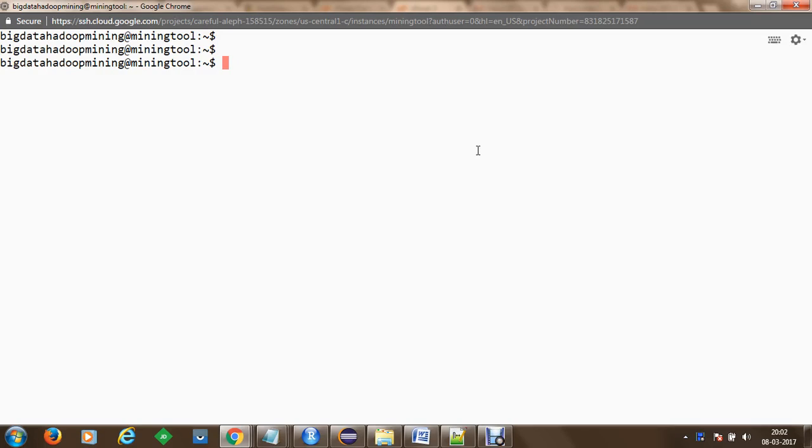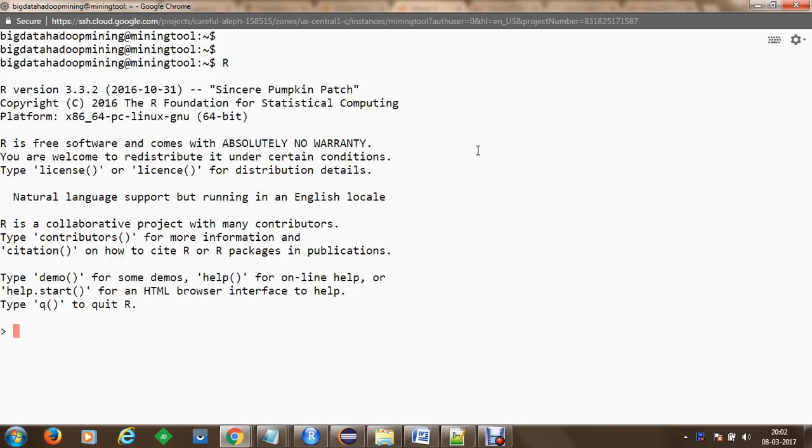Welcome. In this session, we are going to understand how to make use of the R programming language to create vectors and create a plot on the vectors. Let's get started. We are going to execute R, and within the R graphical user interface or the command line interface, we can execute R programs.